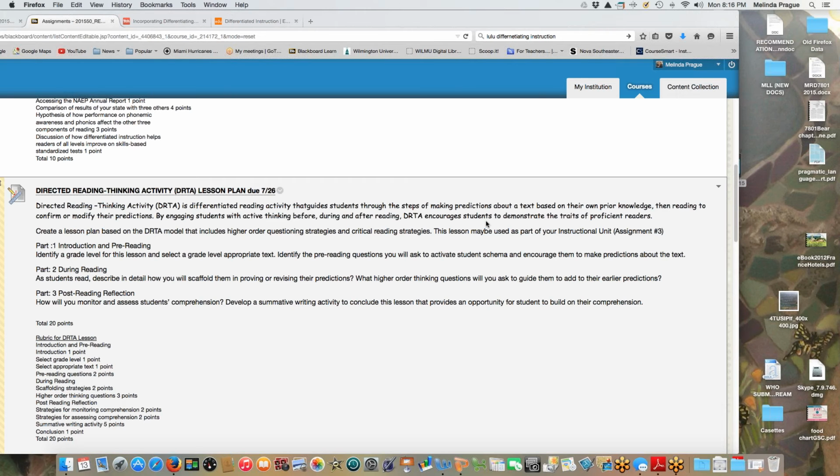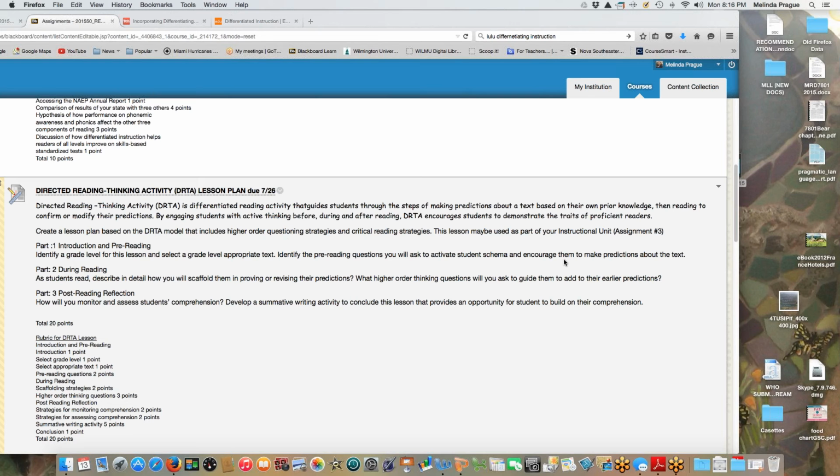So what we're doing is we're teaching our students, we're modeling for them how to be a proficient reader, okay? So we have to be good role models. So what are we doing? We're creating a lesson plan. We're going to use a DRTA model that consists of 3 portions, okay? And we need to be thinking in terms of higher order questioning, because that's thinking. If all we ask are questions where I can go back to the story and find the answer, that's rote learning, okay? It's important to be able to do that, but it's not critical thinking, okay?